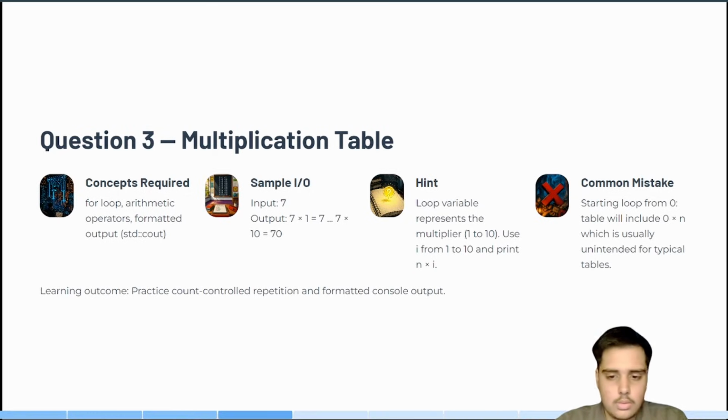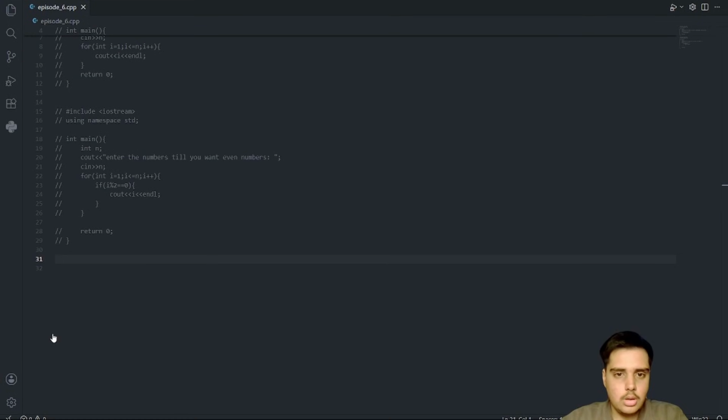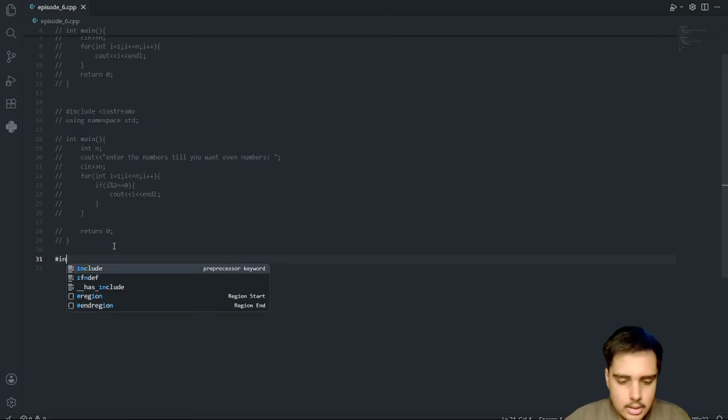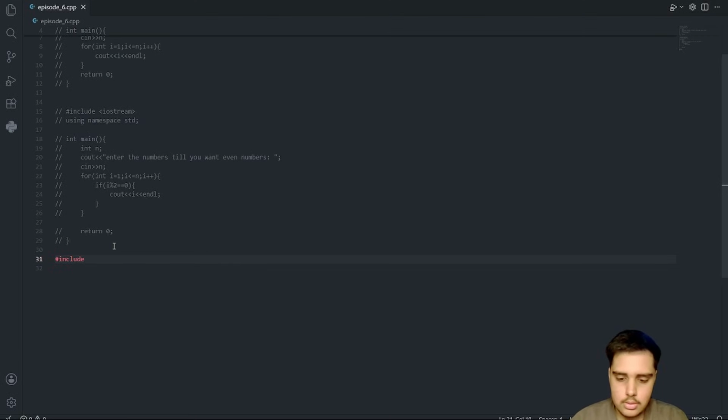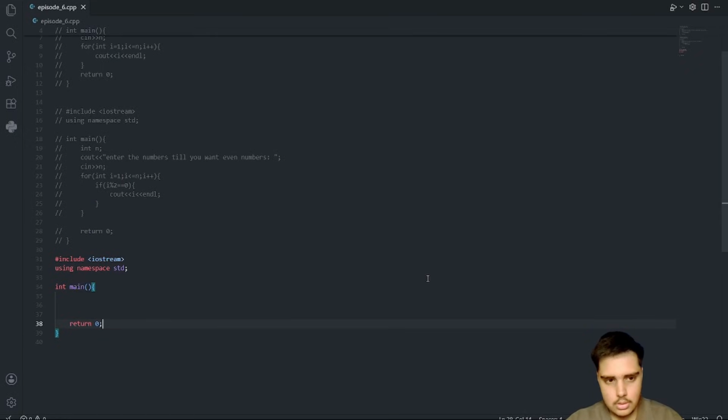So coming to our VS Code, hashtag include iostream, using namespace std, int main, return 0.